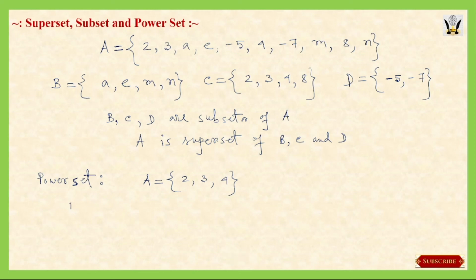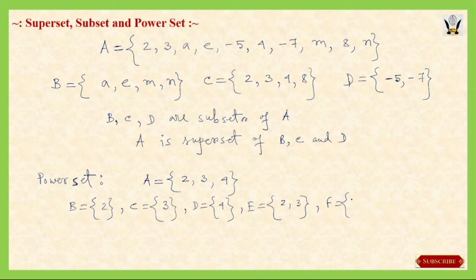Now the first subset, if it has only one element, then it could be 2. Then the second subset will again have one element, then it will be 3. Then for the next subset we again have only one element, so it could be 4. And then the next subset will have two elements, so it could be 2, 3. Then another subset could be